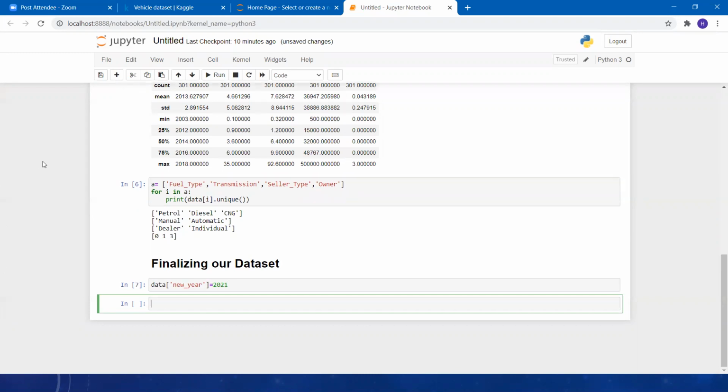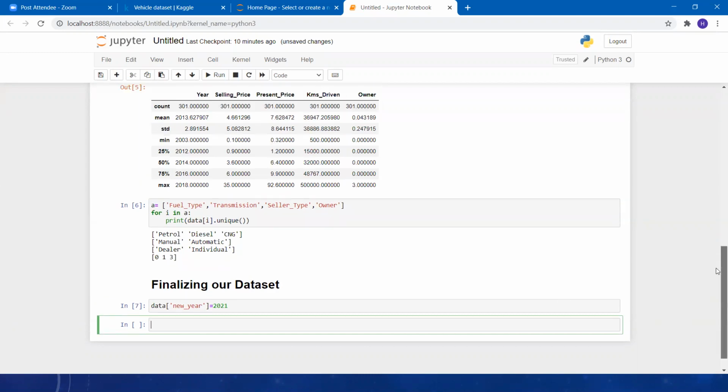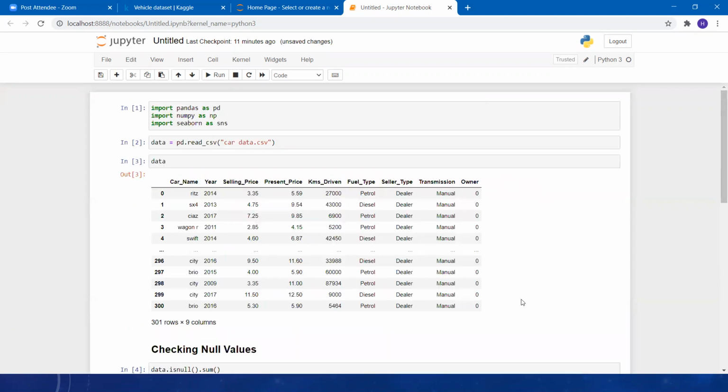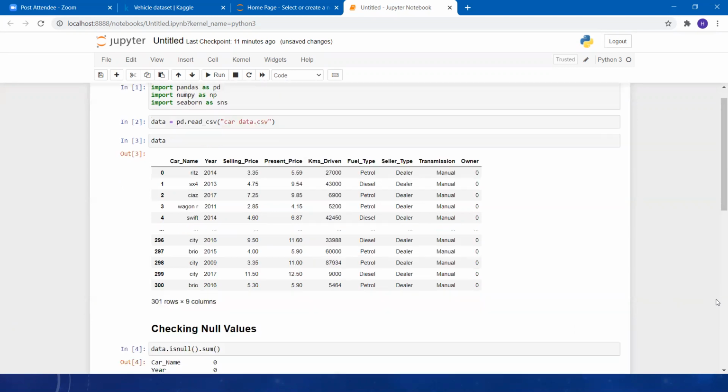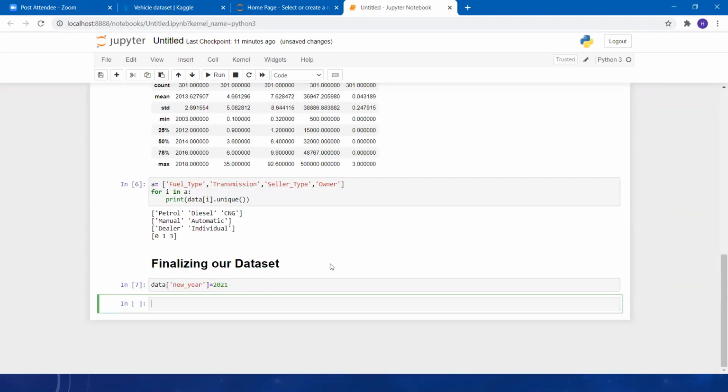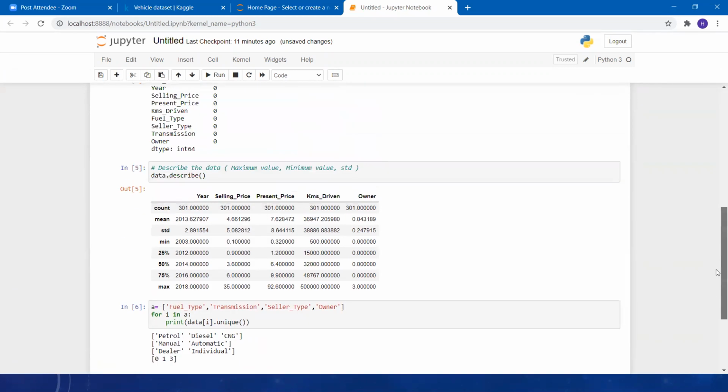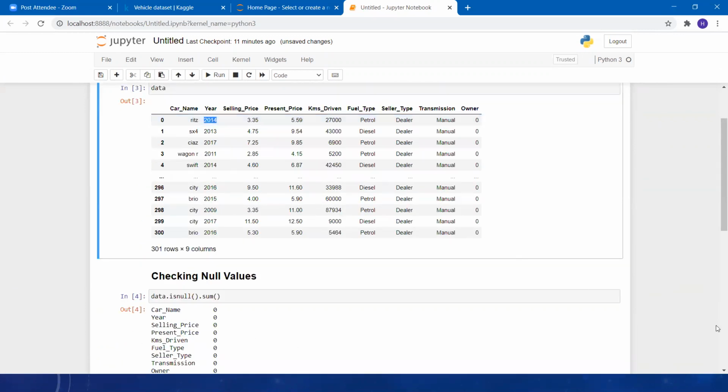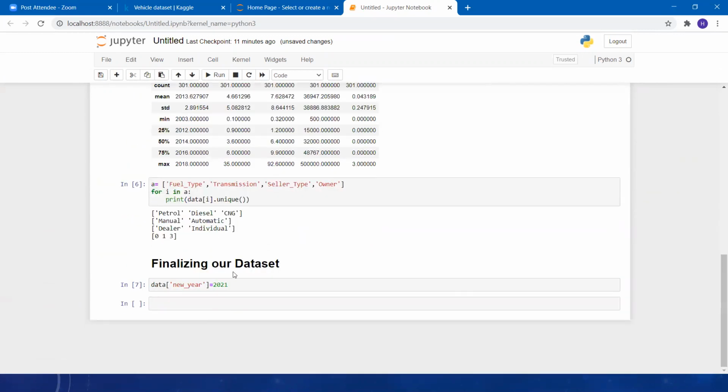So we are going to add a new column over here. It will show how old the car is. We are going to subtract this value from 2021. So I think it will be the best idea to solve this type of data set.